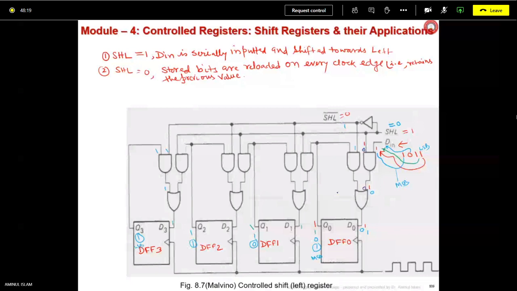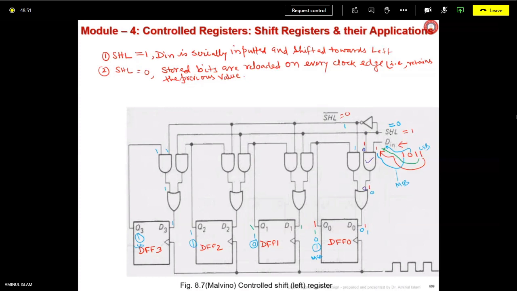Is there any time lag? No, sir. So this is 0. Yes, sir, from the input side, the input is not able to come here because of the SHL. The AND gate is going to give always 0. This AND gate. Now see the left AND gate. What is happening here?